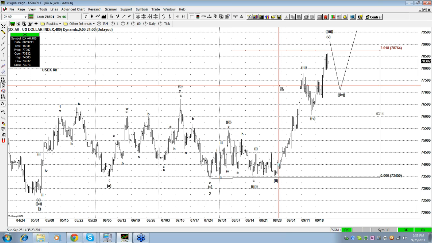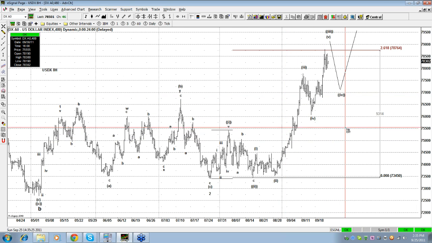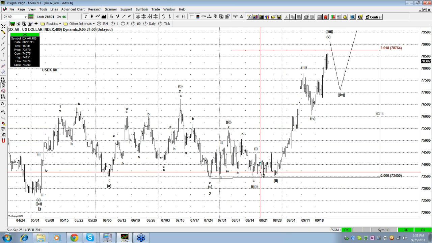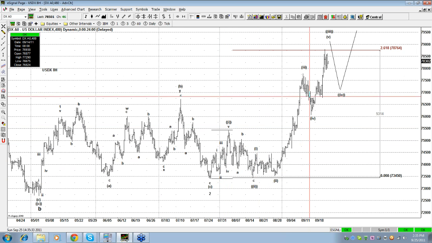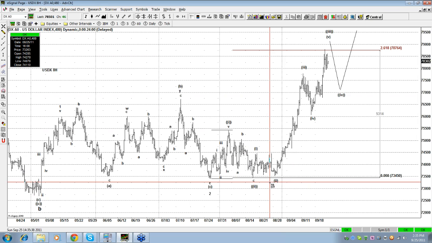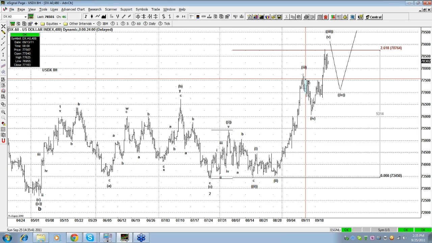Who knows? All we know is that the strength is in favor of the dollar. We're laboring like this: 1, 2, 1, 2, 3, 4, 5. But it can be the case 1, 2, 3, 4, 5. But the message is I see a dollar weakness this coming week. At least in my eyes, and I hope you guys do too, it's very clear. I see a dollar weakness this week.